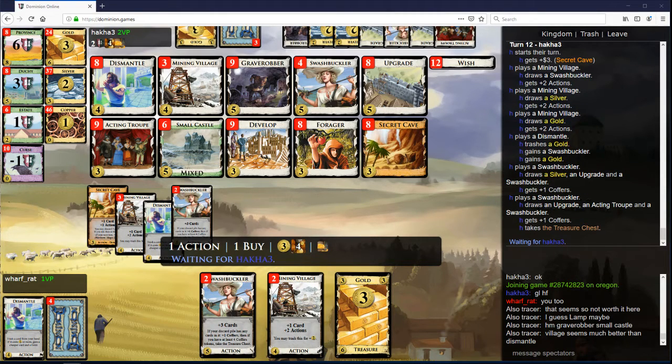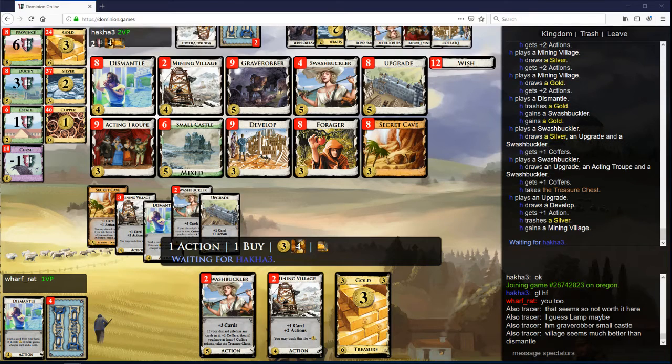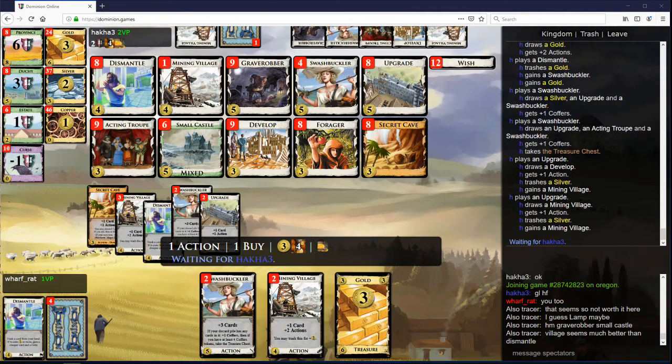There's the chest. That's very good. Upgrade, upgrade. Now, those silvers in a mining village is okay. Yeah, having the chest is quite good because it gives you more fuel for your dismantles. Although, so you want